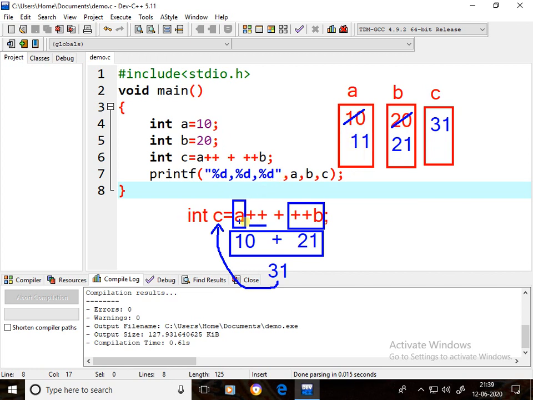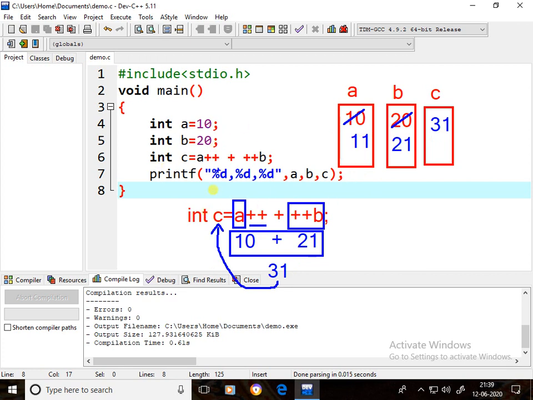Say in this expression, highest priority increment operators. Increment operators right to left. So first this operation done. It is pre-increment, first increments. So b value 20 become as 21. After that, this a, it is post increment, first other operation works, later increments. That's why it will take 10. It will take 21. Addition done. 10 plus 21, 31. 31 stored in c. After that, it is incremented. Then 10 become as 11.